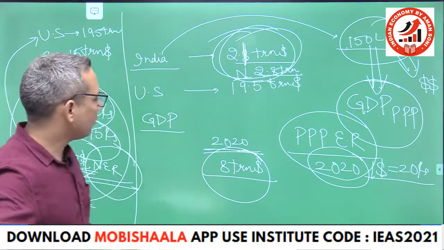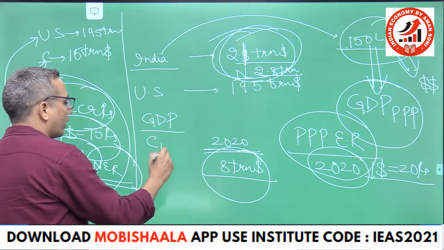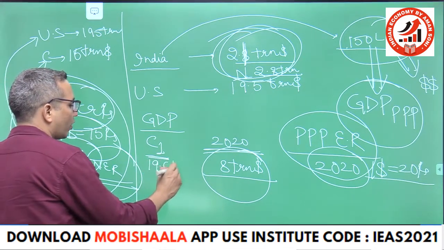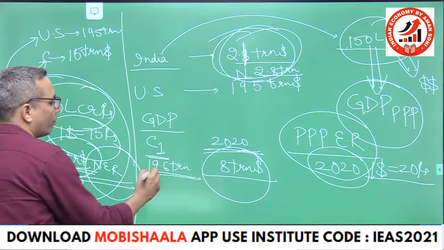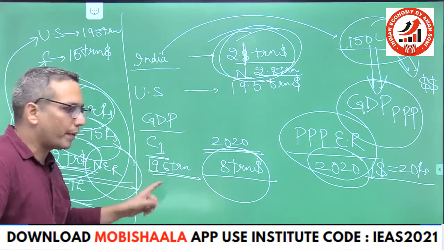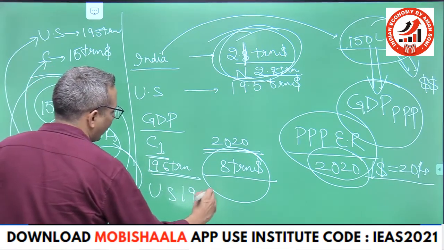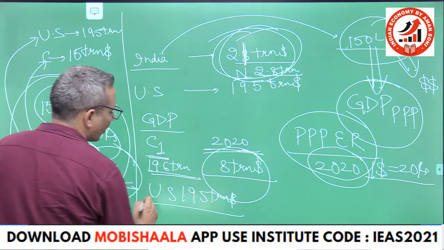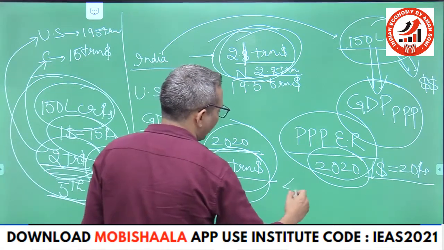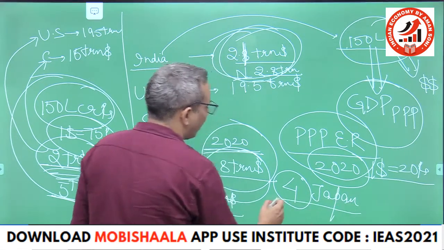All right. If we go by this, China is number 1, its GDP being around $19.6 trillion in terms of PPP exchange rate. US is at number 2, GDP being $19.5 trillion. And India is number 3, GDP being $8 trillion. It has just surpassed Japan, which has now been pushed to 4th in GDP at PPP exchange rate.